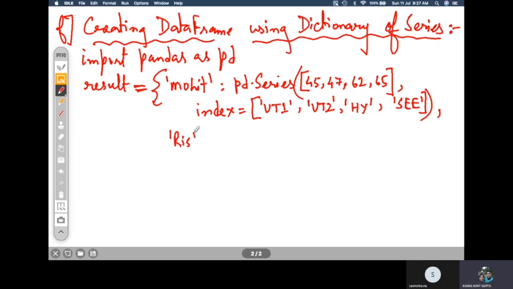Rishabh, again you have to create a series with the marks obtained by Rishabh in various tests.